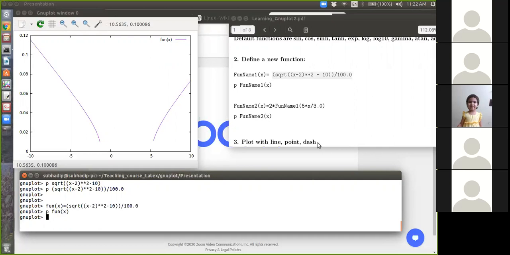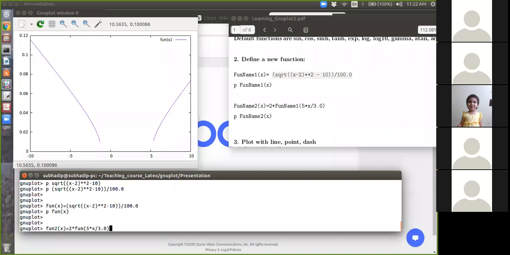Similarly, you can define another function with another name using this function. You can change the argument also. So fun2 of x is equal to, say, 2 times fun of, say, 5x by 3.0.